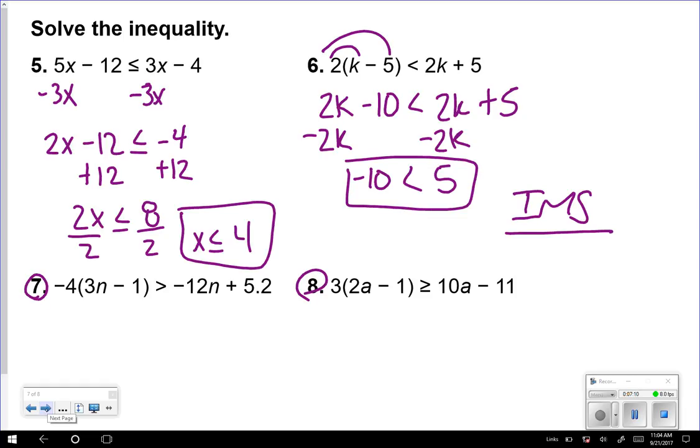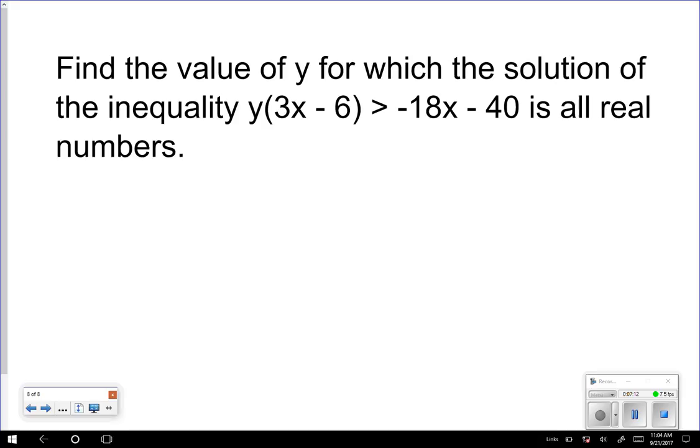One other type of problem on your homework that I want to make sure that you have a good handle on. This will be like number 11 on your homework. Okay. So it says find the value of y for which the solution of the inequality y times 3x minus 6 is greater than negative 18x minus 40. So notice, we're trying to figure out what this could be so that when all is said and done, our answer is all real numbers. Okay? So what we need to think about is when we do problems that have the answer of all real numbers,